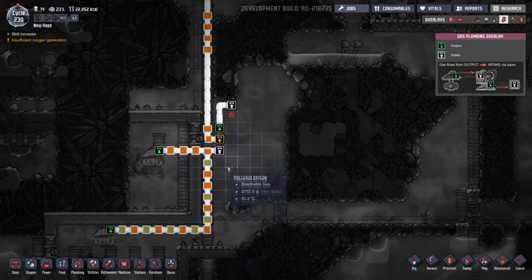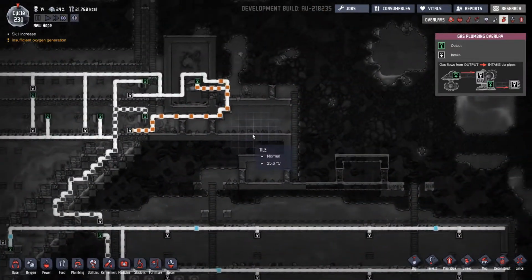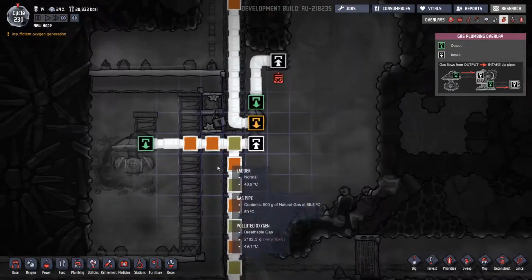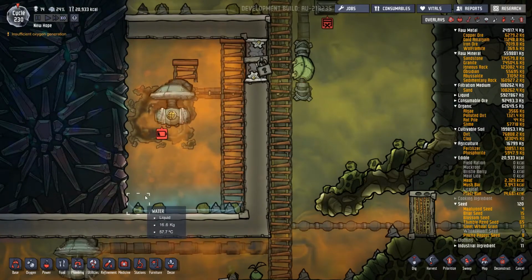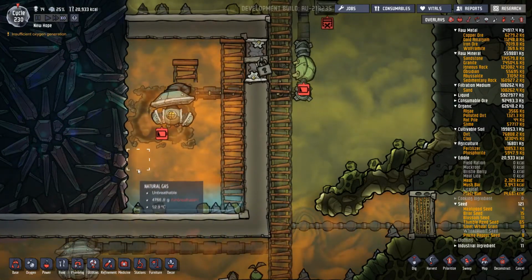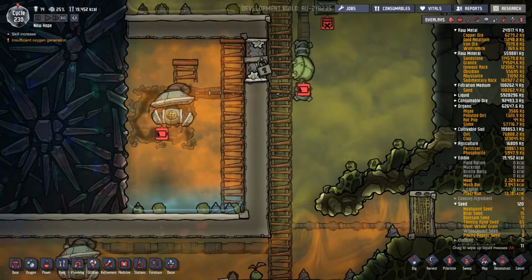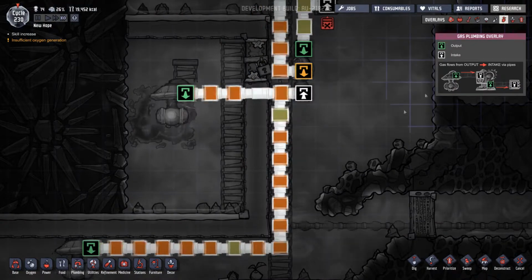Maybe I need to have 2 filters, because that is changed. Didn't need to filter there anymore because they'd got rid of all the natural gas. Do I actually really need a filter in here? Have I got anything other than natural gas in here? Okay, so there is nothing else in there. So in theory, what I can actually do is...